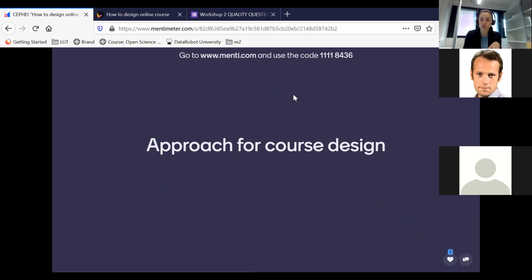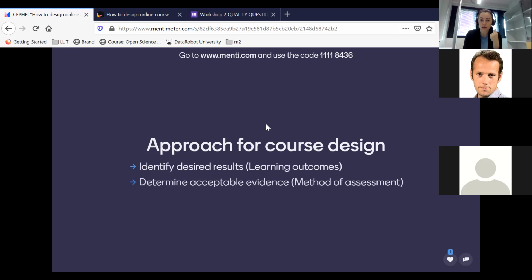So I would recommend first to think, what is your course? What are you going to deliver? What you can deliver, but who are your students? What do they need to learn? So first of all, you identify what the expected learning outcomes for students are, what they are expected to know after they complete the course, and depending on that, you find the method of assessment, so what is the acceptable evidence